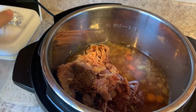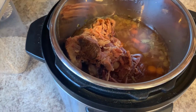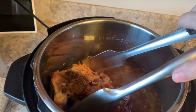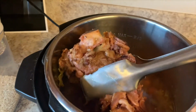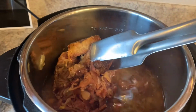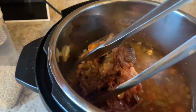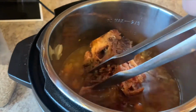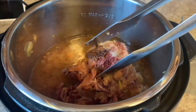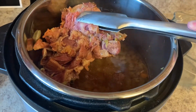I'm just going to try to pull as much of the ham off of the bone as I can. I end up just grabbing a pair of tongs and removing the bone and then trying to shred some of it into a separate bowl. Once I feel like I've gotten as much of the ham off as possible,